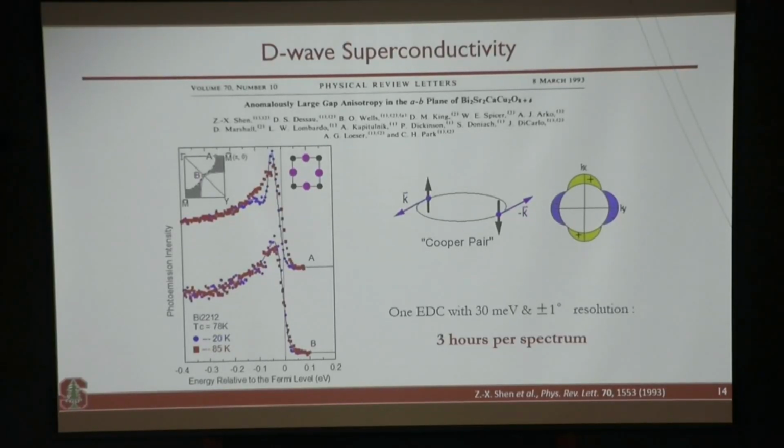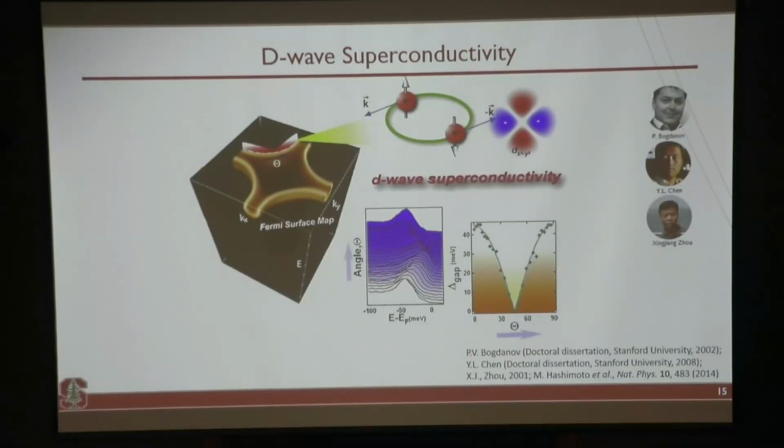And at that time, that's the best we can do, taking 4 spectra with this kind of resolution within the range, while the sample surface is still clean. Of course, with time, this improves. And later on, the efficiency of the experiment is such that you can map the entire Brillouin zone. And then you can take the spectra along the underlying Fermi surface, as we talked about, and you see